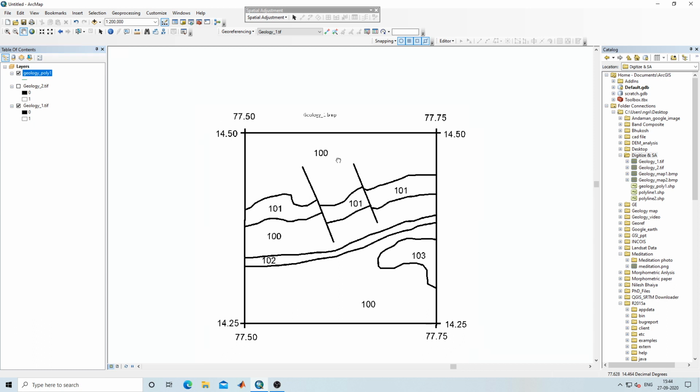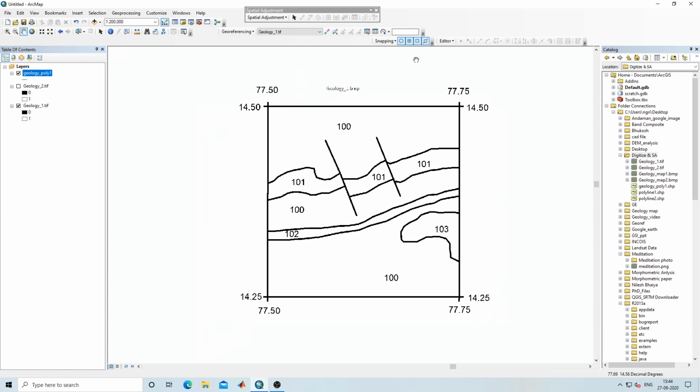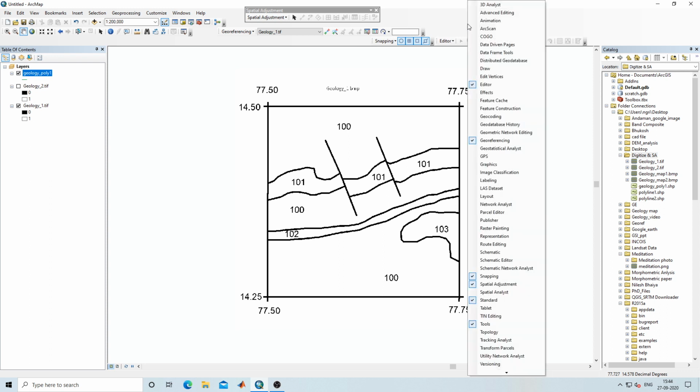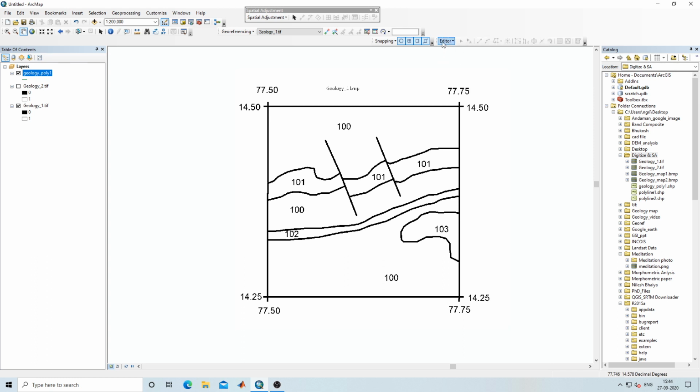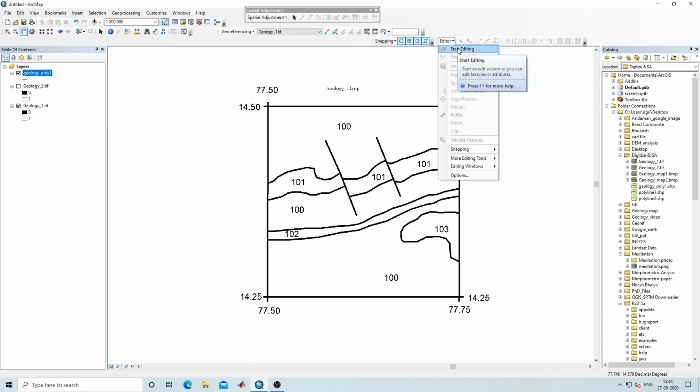How can we digitize it? To start digitizing, we need the Editor tool. How can we start editing? Right click here and select the Editor tool. If it is not showing here, you can select it here and it will show. After that, click on Editor and click on Start Editing.